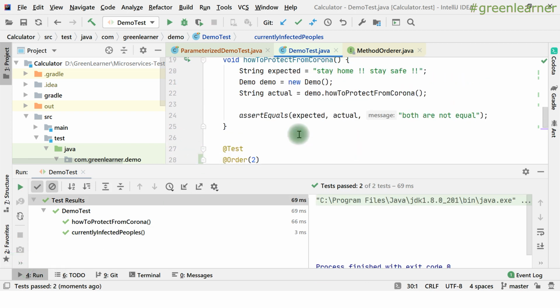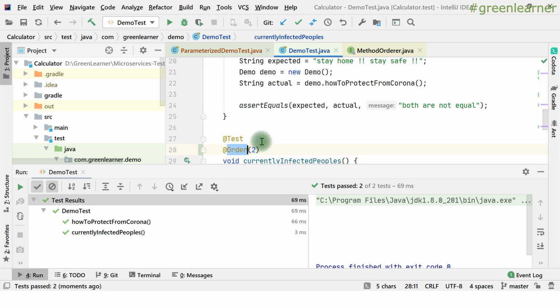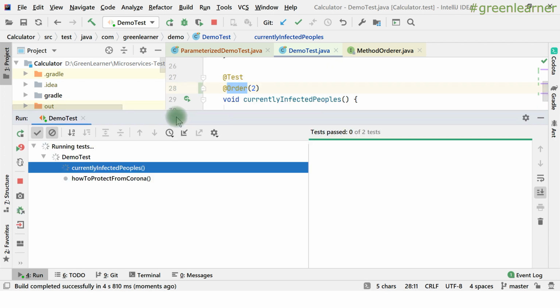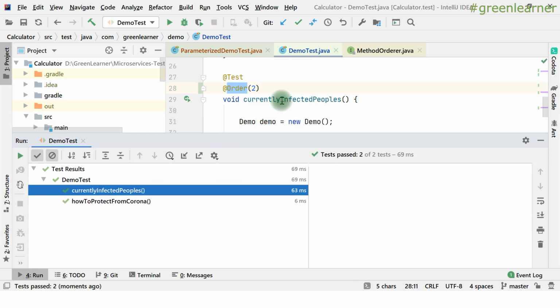Yeah, see. And if I change this order, if I make this one order 10, now in order it is coming first, so the order will be changed. Yeah, you see, now we are seeing the order that is there.